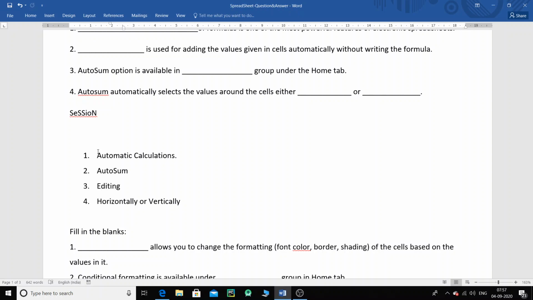So 70 marks is something you're going to get through the practical exam, which will be in our school. So just prepare yourself very well practically. If you know it practically, then theoretically you can do it very easily. Just certain which options are available under which groups is what you have to understand, is what you have to keep in your mind, and that's it.